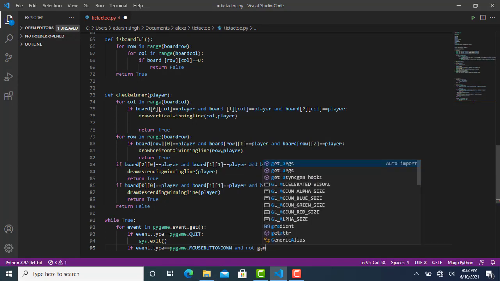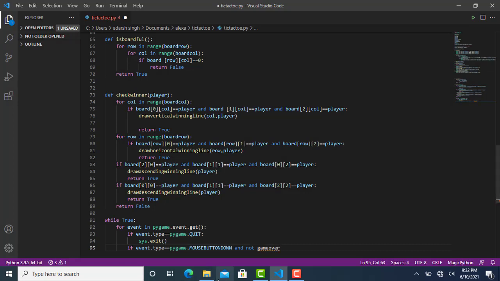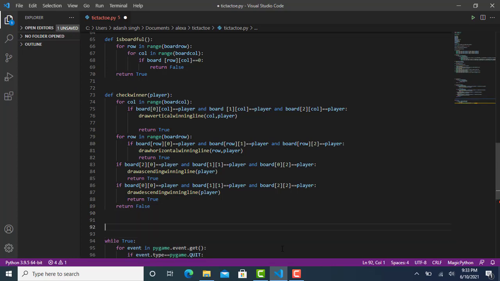Now we have also not created the game over variable, so first we need to create it. So I'm going to make some space here a little bit above the while loop, and we have also not created the restart function. So I'm going to first create the restart function,